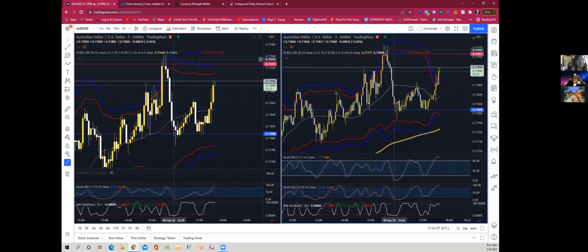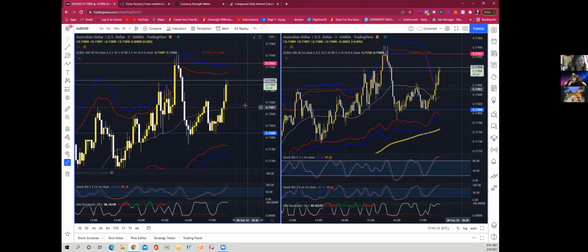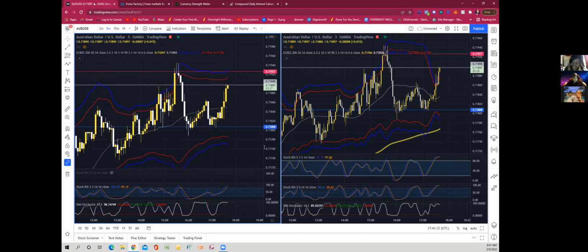This is for the paid version. If you have TradingView, I don't think the free version lets you look at double time frames like this. But I like to look at the double time frames because the lower time frame will show me if it's going to reject that area, but the higher time frame tells me what it really wants to do. Does that make sense?